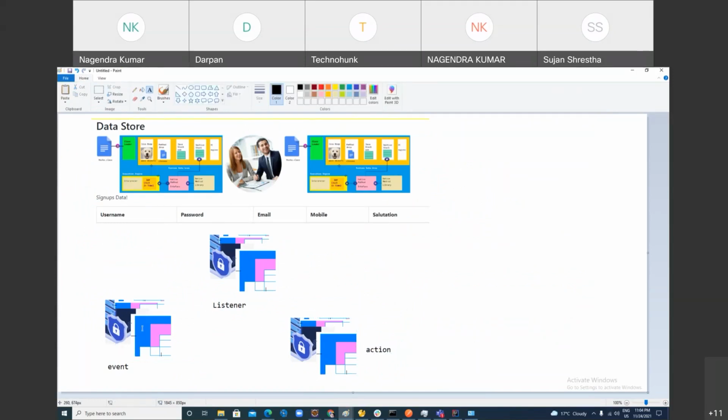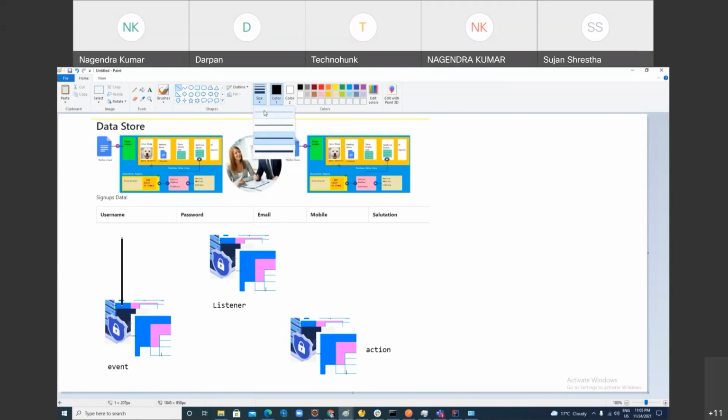Event is any activity which occurs for a short time. For example, when you click the mouse. Event means any activity which occurs for a short duration. Are you following me? Suppose somebody gives you a slap, this event happens for a very short duration, and you fall down. Or you enter inside the room. All these are events. In a web application, event is